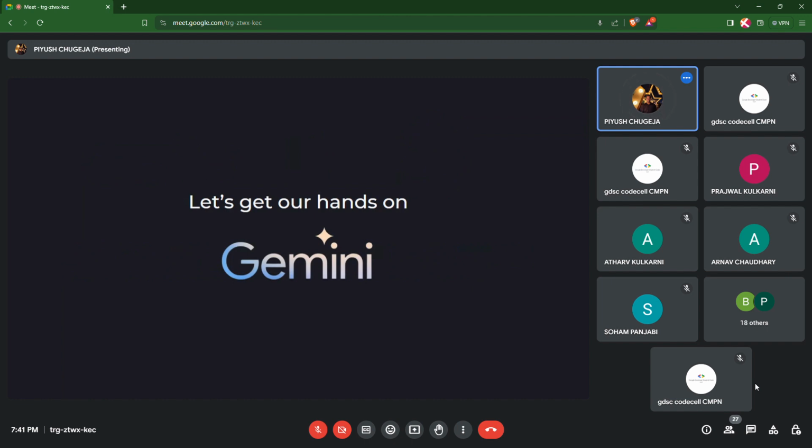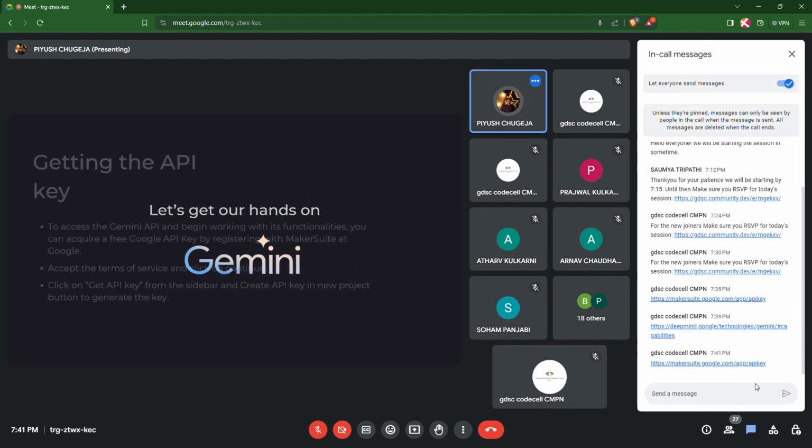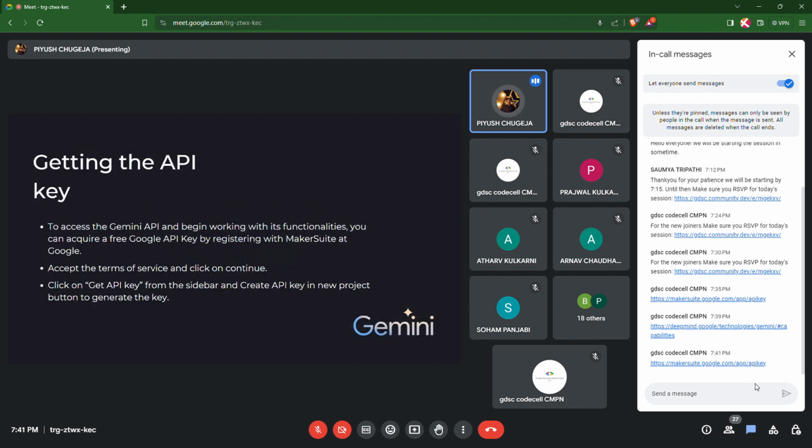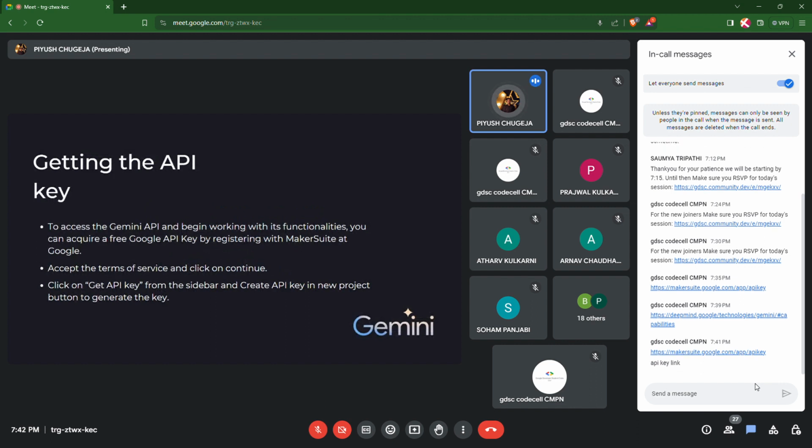So enough of theory. Let's get to getting the Gemini API key. Now, the team will send you a link with which you can get the Gemini API key as to provide you with basic knowledge of क्या होगा. आपको एक लिंक पे जाना है, makersuite.google, सॉरी, makersuite, API की आपको वहां से मिल जाएगी.